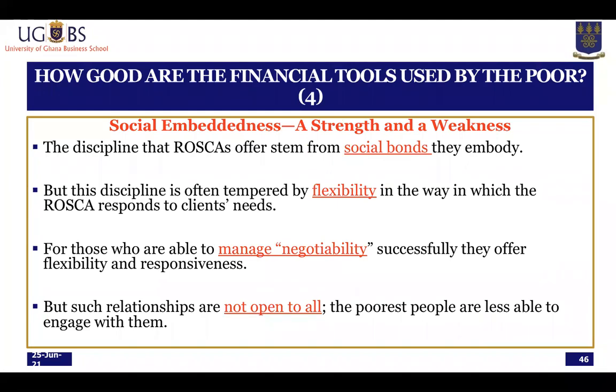in all of this, you realize that there are social angles to the kind of tools that the poor use in raising capital. So there's always a social embeddedness, meaning that there are bonds within the society or the community that they use to fashion out